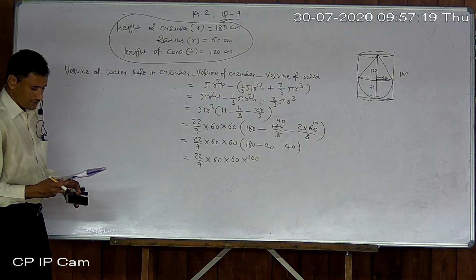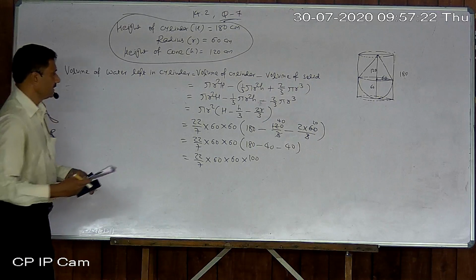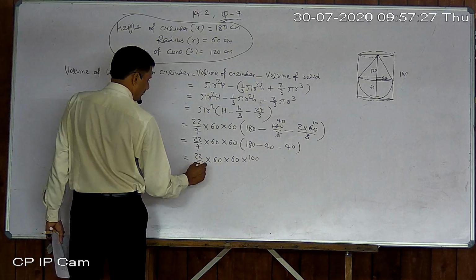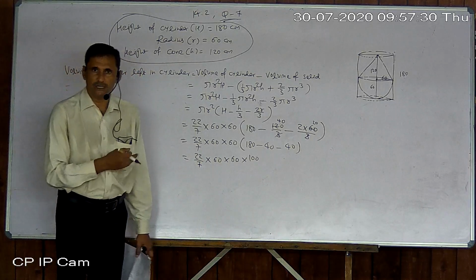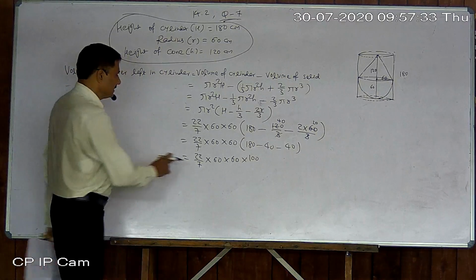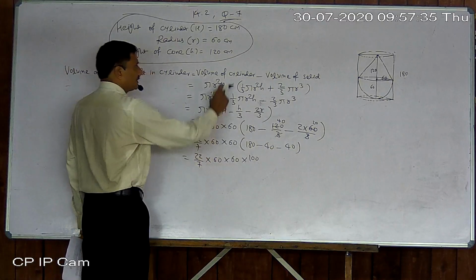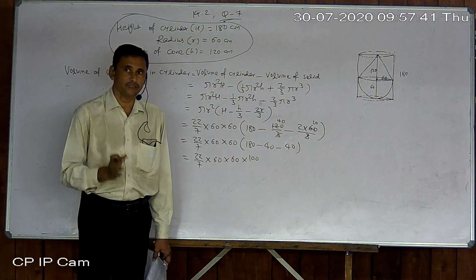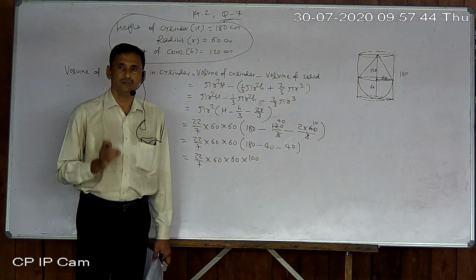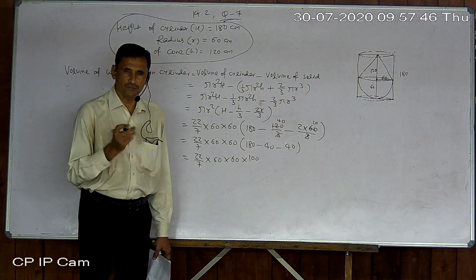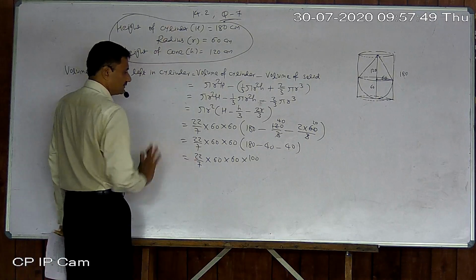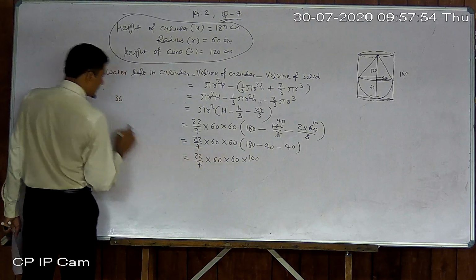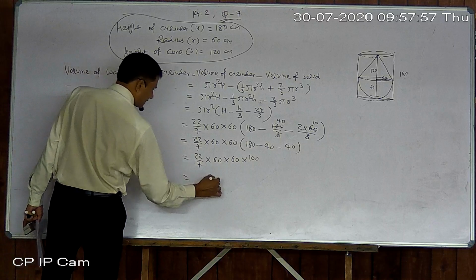Find the water left in the cylinder. Now they are not divisible by 7. Actually here the value of pi should be 3.14, but I think they have not given it, so we cannot use it, because in this type of case when a multiple of 7 is not given, either radius or height, at that time they must give pi's value as 3.14. But here it is not given, so we are bound to use only this value. Now just multiply 36, 6 6 are 36 into 22 and 30 extra.